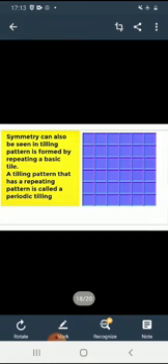This tiling arrangement we can see on our walls, isn't it? In some washrooms or in kitchens. In many places we can observe this tiling arrangement. The other one is there. What is it? Non-periodic tiling. A tiling pattern that doesn't have a repeating pattern is called a non-periodic tiling.